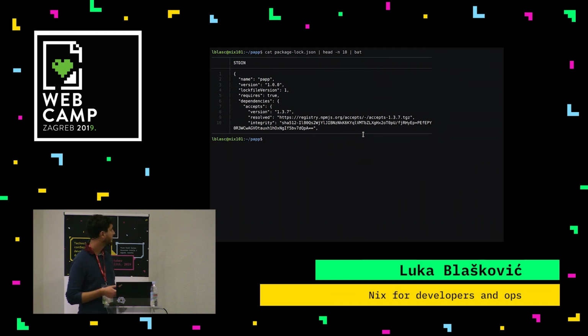So let's try to convert this into a Nix environment. Every major language has a tool like this. It will take the Node.js stuff, and it will generate the Nix expressions which will define our project, but in a very interesting way. We will see that we can easily generate this, but we will have